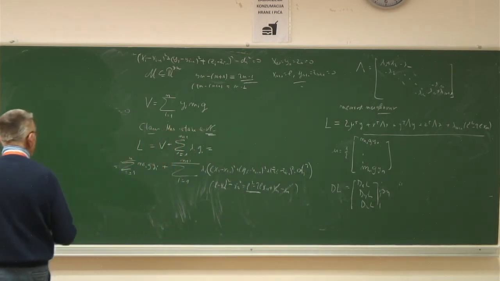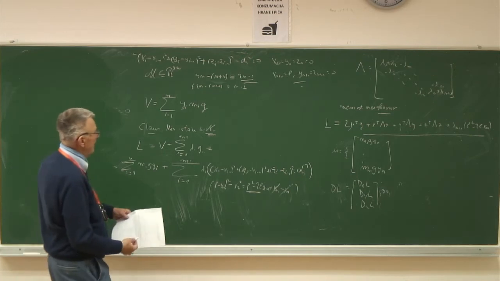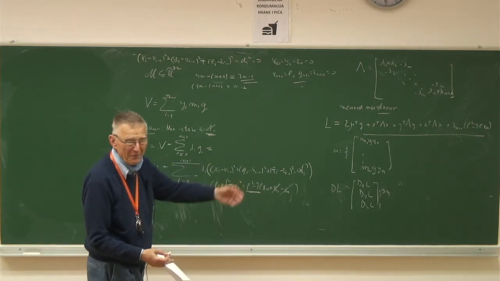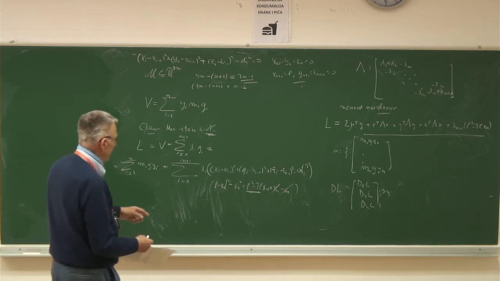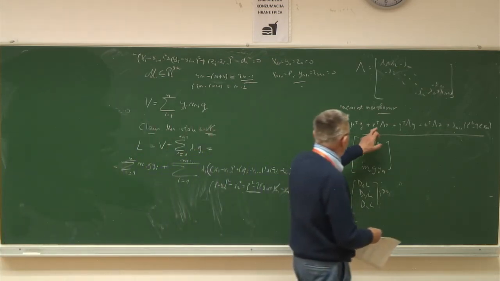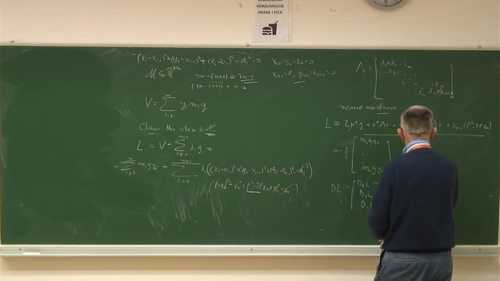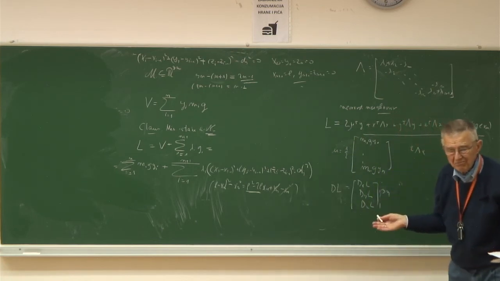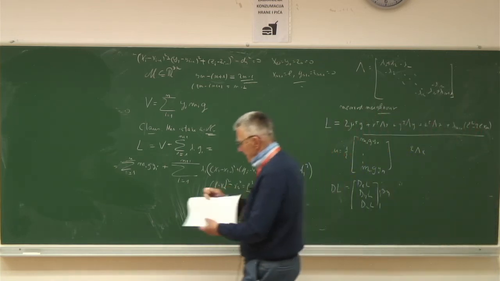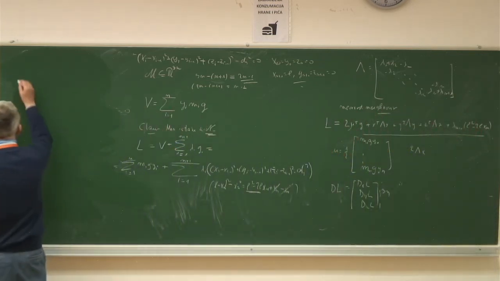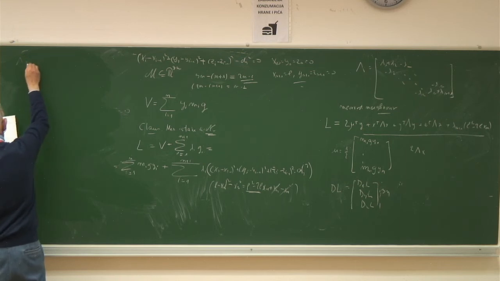Well, but the derivative of a quadratic function is linear. That's trivial. So the derivative of this is just 2 lambda x. And so on. So we obtain lambda x